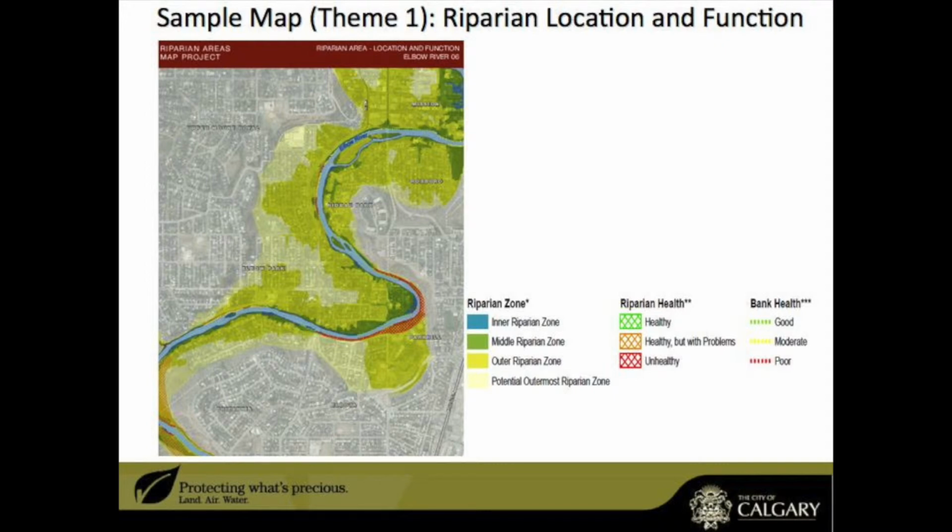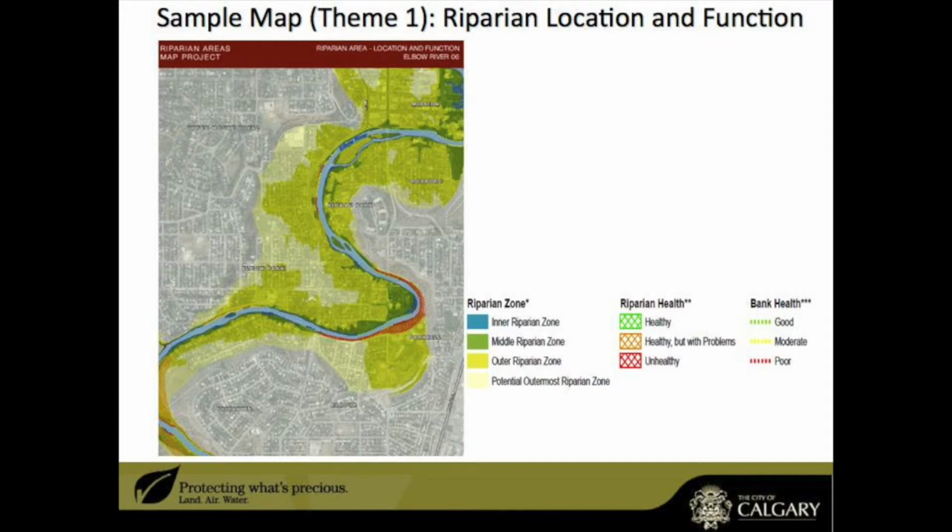So this is showing the Elbow River in Elbow Park to Mission area. And as you can see, if you've been looking at the floodplain maps of the Elbow and other presentations over the last few days, you can see there's a very, very similar pattern here when you look at that outer dark yellow boundary. Those are basically the areas that flooded in 2013. It really has a strong relationship to where those floodplains are.